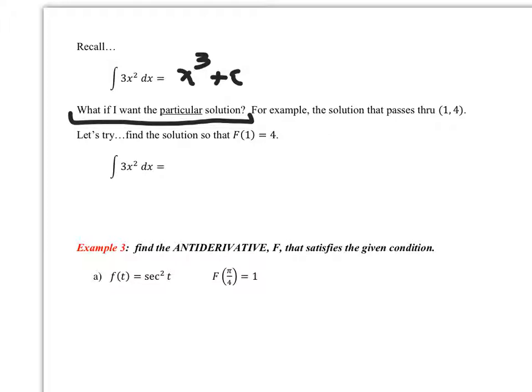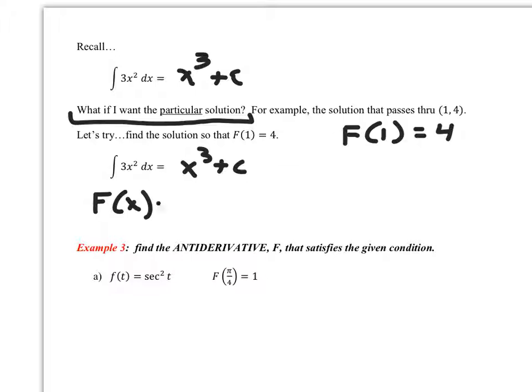So let's try to find the solution for big F of 1 equal to 4. Well, what you'd do is you'd go ahead and you'd have x cubed plus c, which is big F of x. Okay, so then let's find c